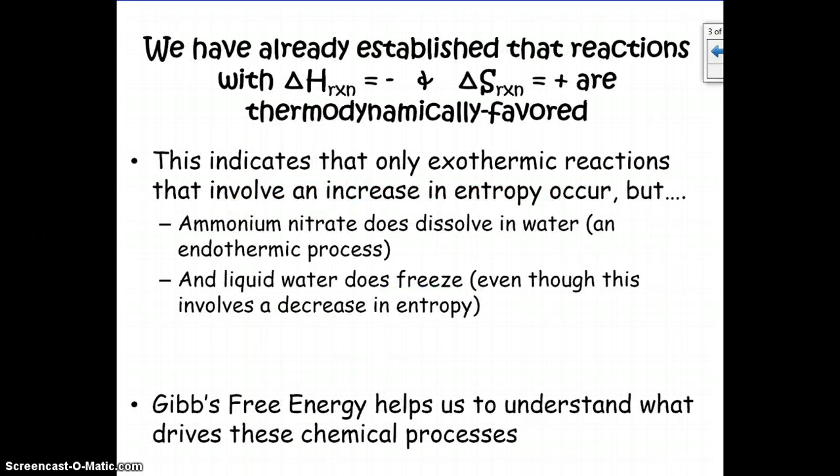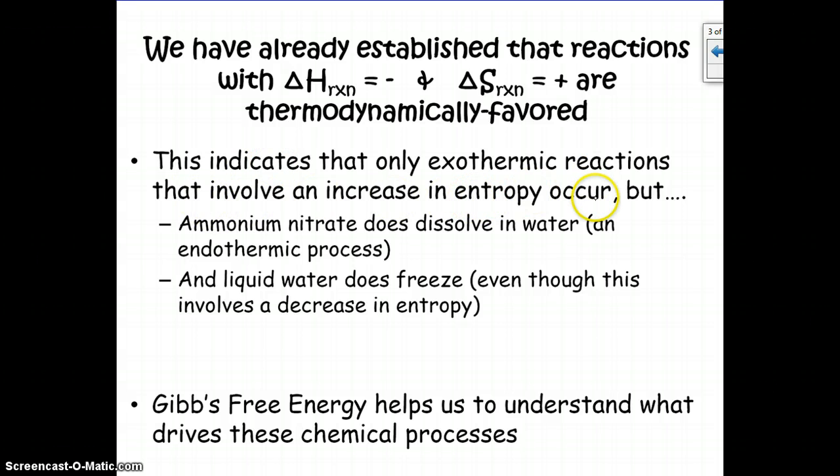In this podcast, we're going to talk about Gibbs free energy. All right, so we've already established that reactions with a negative delta H, or an exothermic reaction, and a positive delta S, or one that increases in entropy, are thermodynamically favored. So this indicates to us that up to this point, only exothermic reactions can occur that involve an